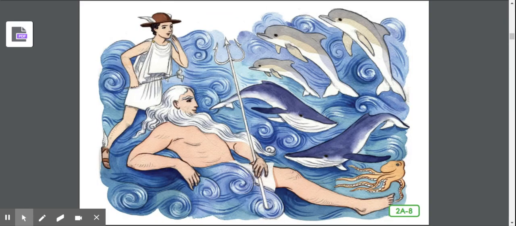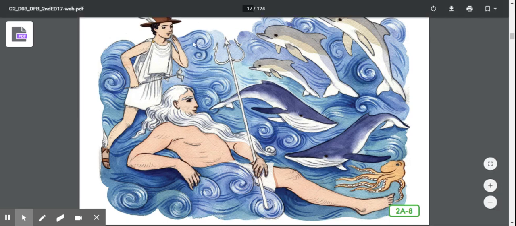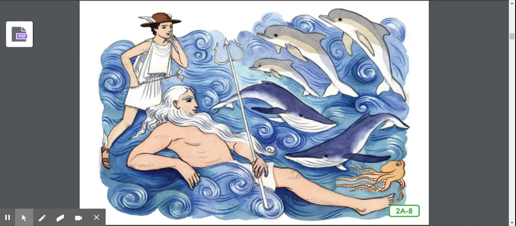Poseidon's long white beard moved like the sea foam in the water as he turned and spoke. "Hermes, you are welcome here," he boomed out in a mighty voice, and Hermes remembered that Poseidon, brother of Zeus, could make the earth shake, for he was also the god of earthquakes. Pointing his trident, which is that thing right there, a three-pointed pitchfork, which he sometimes used to stir up the waves of the sea, the god said to Hermes, "Watch with me."